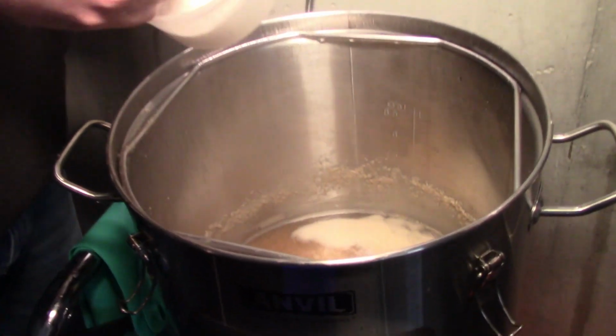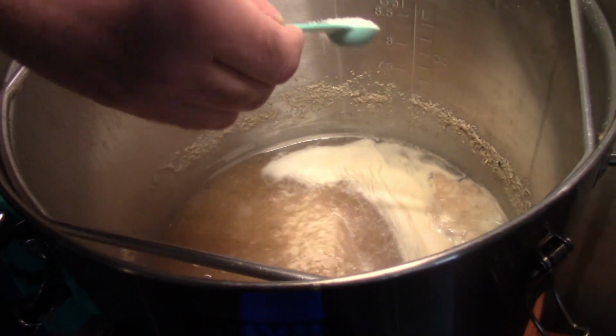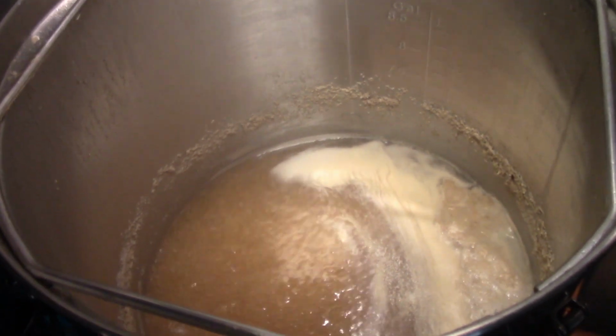All right, it is 10 minutes left till the end of the boil, which means we are going to add a full teaspoon of some nice yeast nutrient. We like to add yeast nutrient to all of our beers to help aid in the fermentation process when we're pitching our Imperial Juice A38,